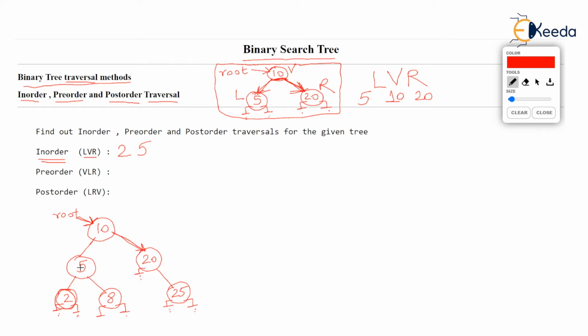Now, after printing 5, that is vertex, we should visit right. Observe the cursor, L, V, R. So now we are at a new vertex. 8 is our new vertex. But then can we print it? No, not yet. First, take the left child, but left child is null. That means left of 8 is already done. Now you can print the vertex. So 8 gets printed.